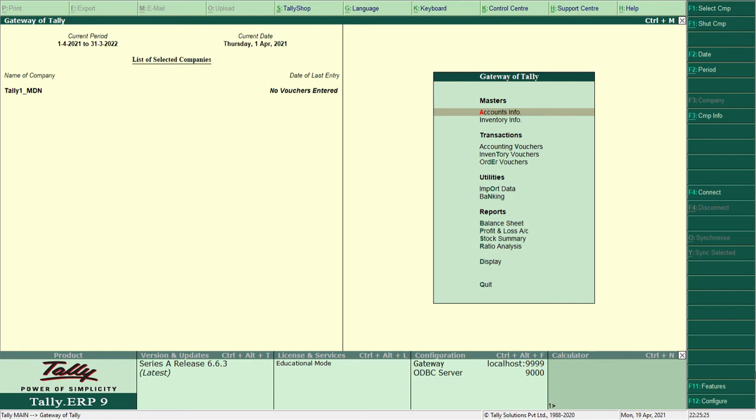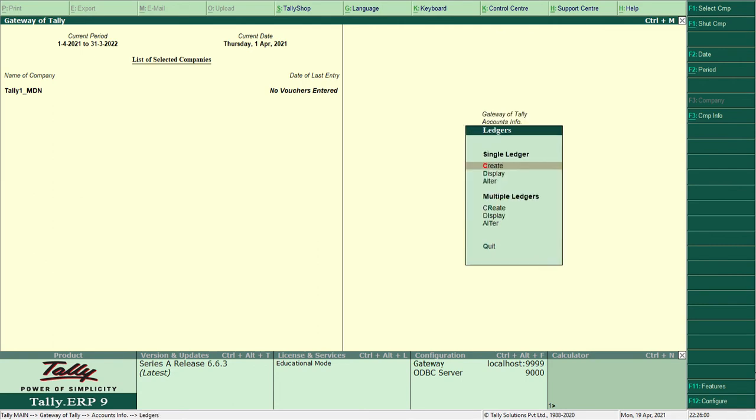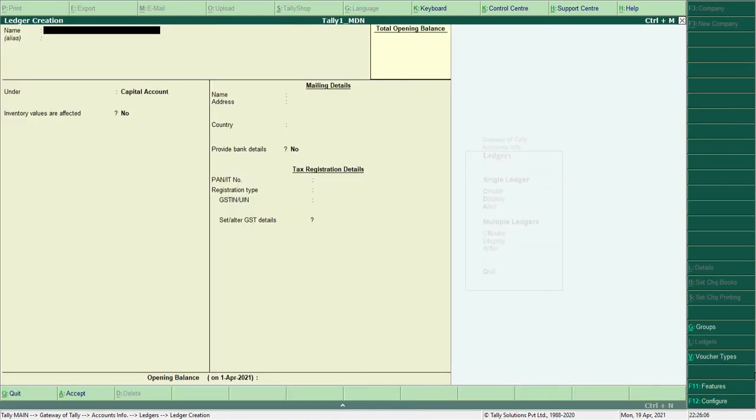Now according to the assignment, I will just upload the assignment tomorrow, and that means beforehand you watch this video, you will get to see the assignment. Particulars, I have some ledgers for debit entries and some for credit entries. So first of all, to create a ledger, what are the options? We have to go to masters, accounts info. Under accounts info, ledgers. Under ledger we have 2 options, single ledger, multiple ledger. Under single ledger we will use create, because we are creating a ledger name.